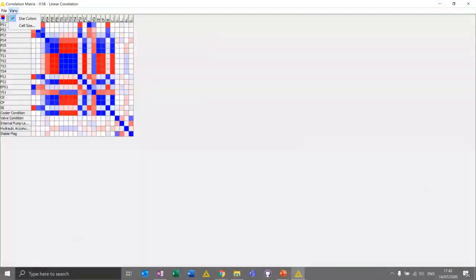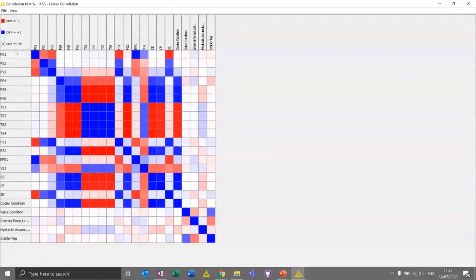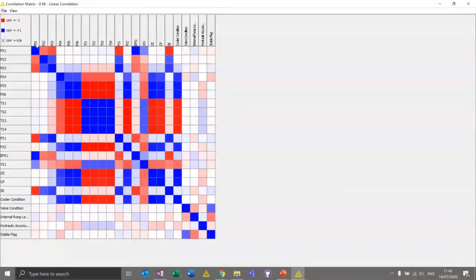let me zoom in a little bit for you. Let's make this a little bit bigger. If we zoom in on the data, we see the different process variables, the pressures, the flows, the temperatures, the vibration center, and the calculated cooler efficiency and some other values. But we also see